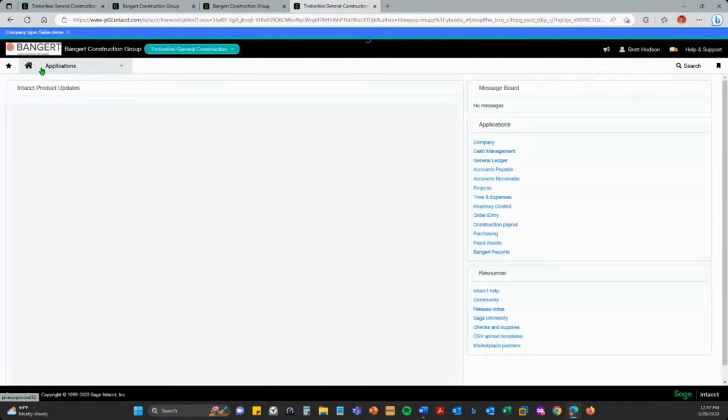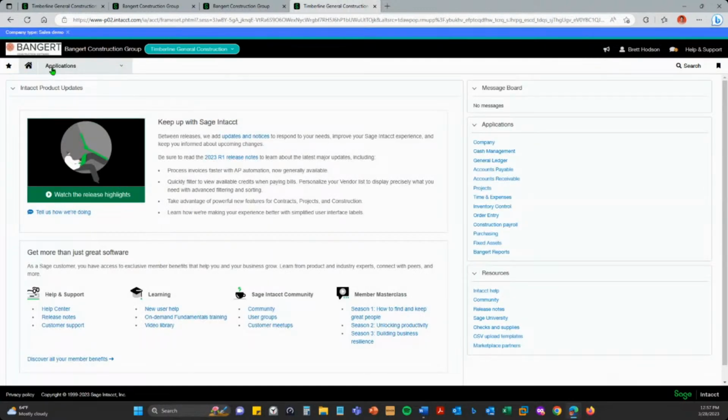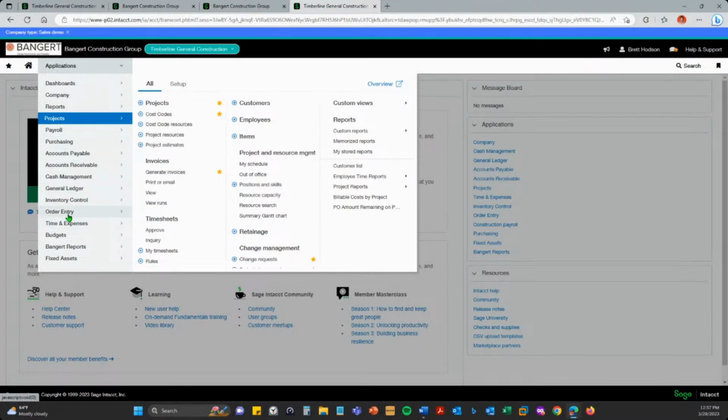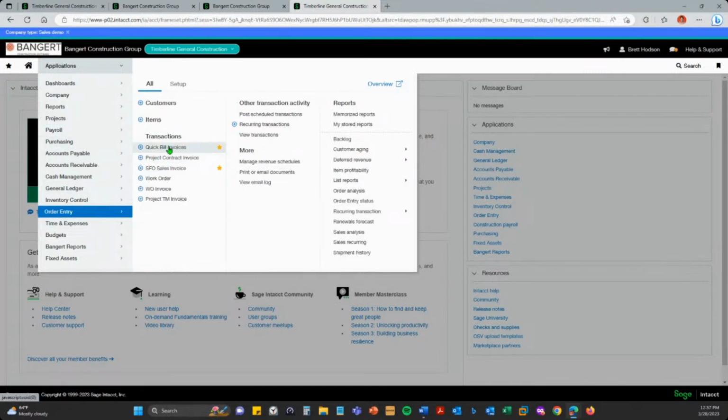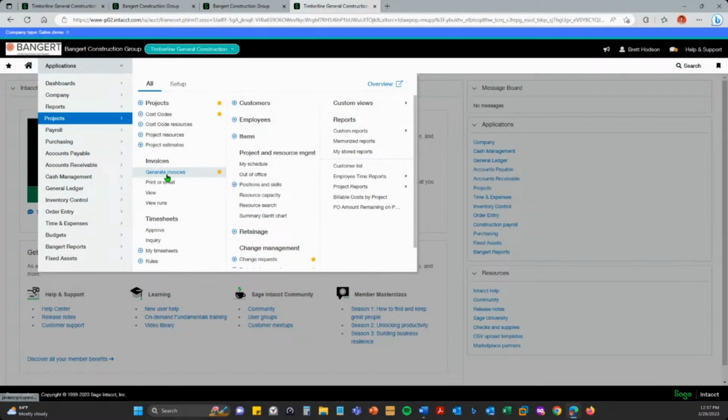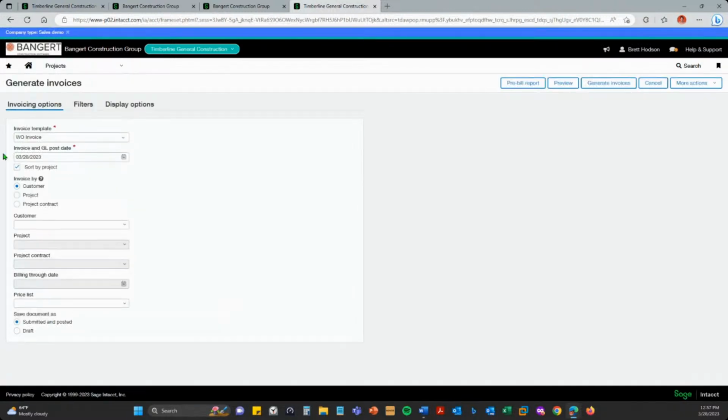All right. So we've talked a little bit about the costing side of things with payables, with a subcontractor invoice, with payroll. Well, what about billing out the job? So let's go have a look at that. So when we go to, we have various types of billings we can do. We can do quick bills. I'm going to do a project type bill. So you'll notice here that I'm going to select the project contract.